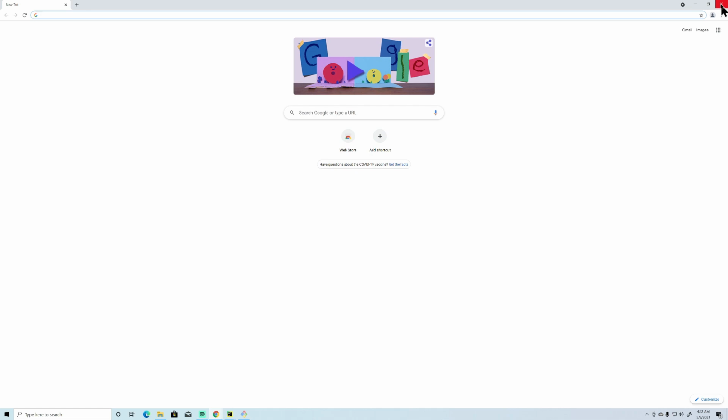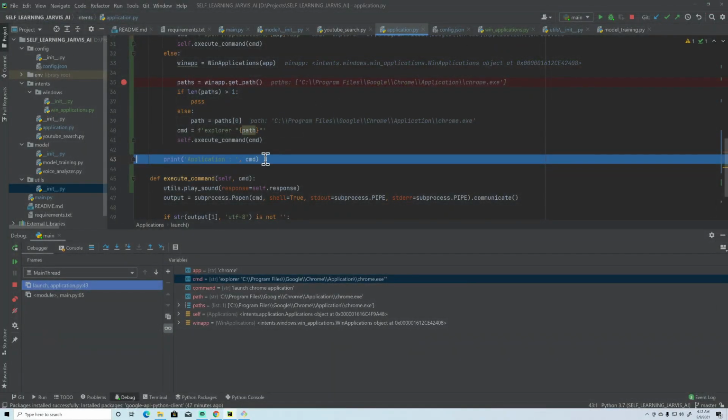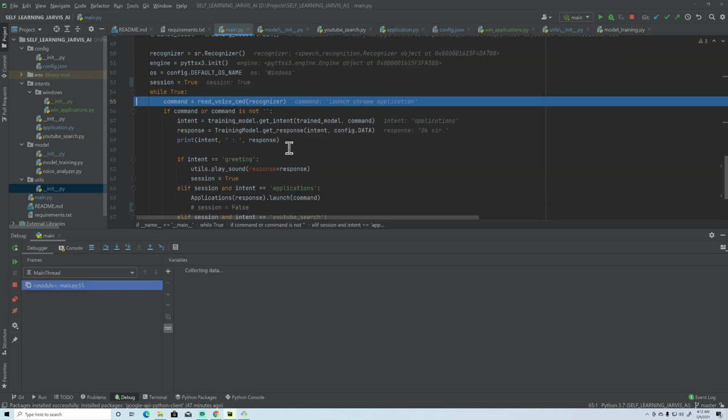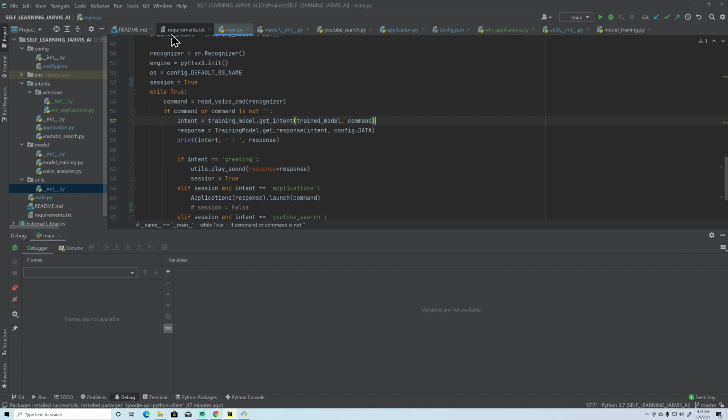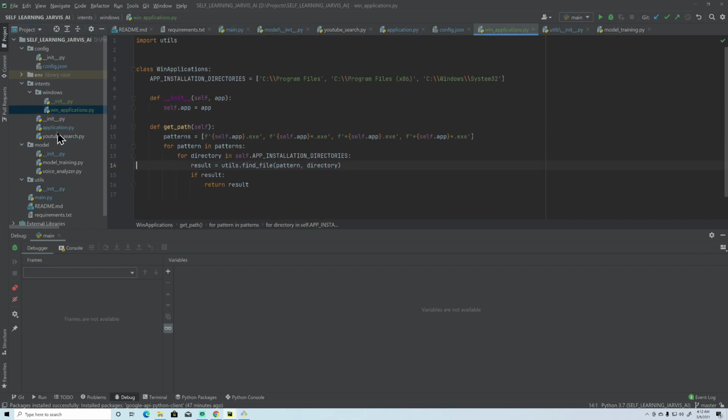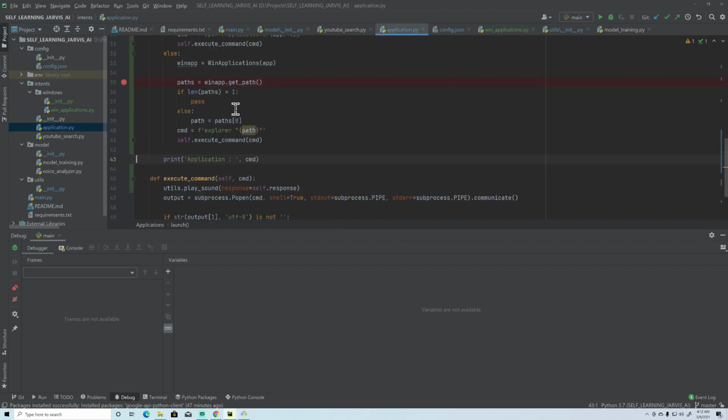So guys, here you can see we have successfully searched for the application which we want to open, and it is executed by our Jarvis, right? And yes, it will again just loop it, right? Now what if we are getting multiple paths, right? So we have done it for the single path, right? But what if we got multiple paths, right?